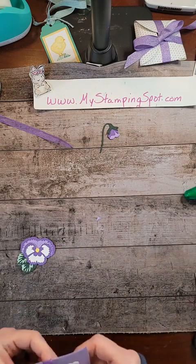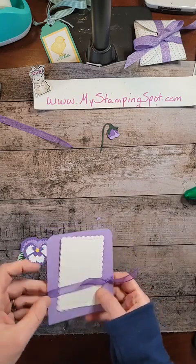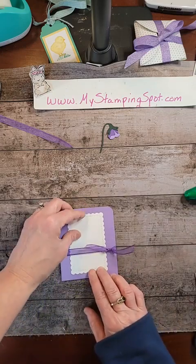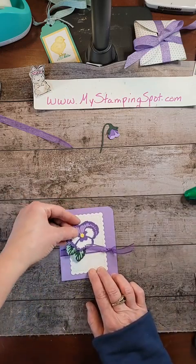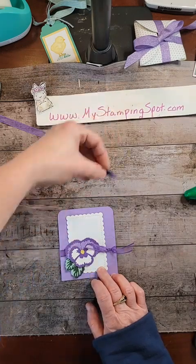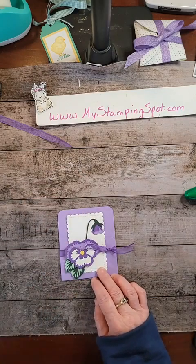I must have got glue on the back of this piece of cardstock, because I'm having a little trouble. There we go. All right, I didn't pre-make this, so I'm not exactly sure how this is going to fit, but we are going to find out. I think like this. And I want to put a little